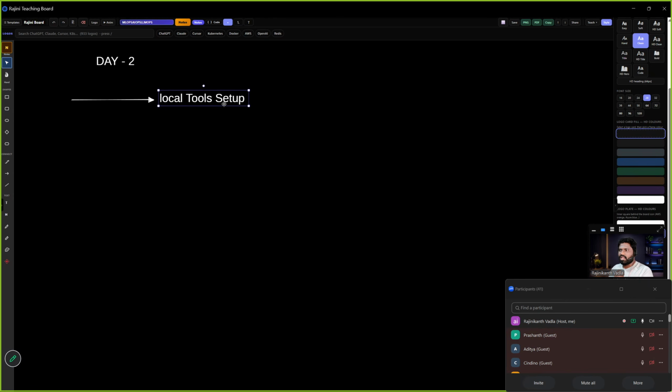If you have a laptop, please log in to the class on the laptop only. If you have a monitor, please connect the monitor. Run the class on one side and do the practice along with me on the other side. It's more helpful to you, because you will not be switching between screens and will not get disturbed every time while I'm doing the steps.